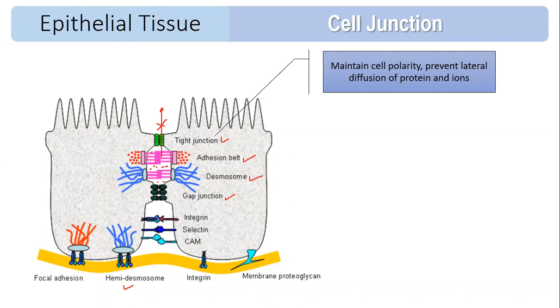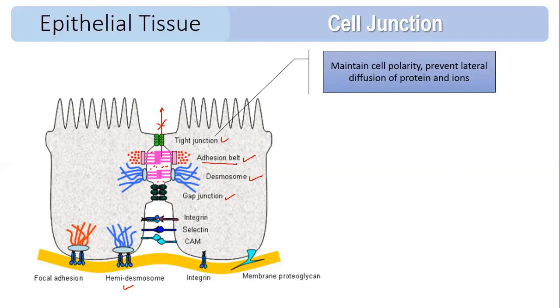Okay, it is also called TJs. TJ stands for tight junction. The next junction is called the adhesion junction. If you observe this second one, the adhesion junction is responsible for the signaling pathway. Whatever message is there is transferred from one cell to another cell with the help of the adhesion belt or adhesion junction. So their main role is in the signaling pathway.